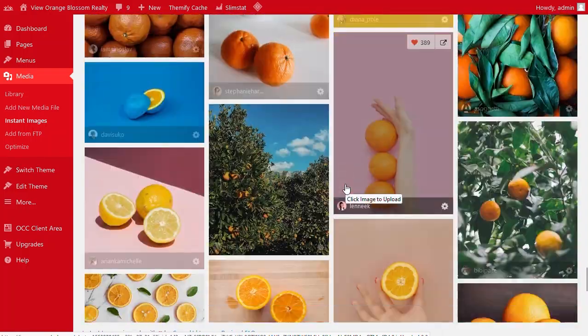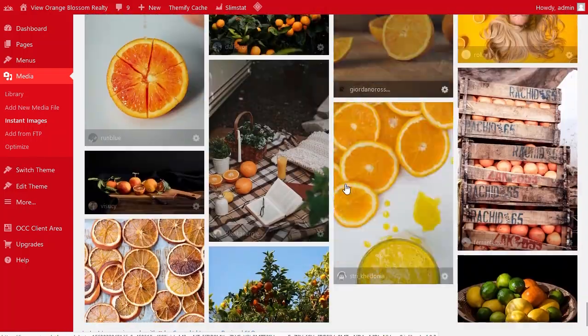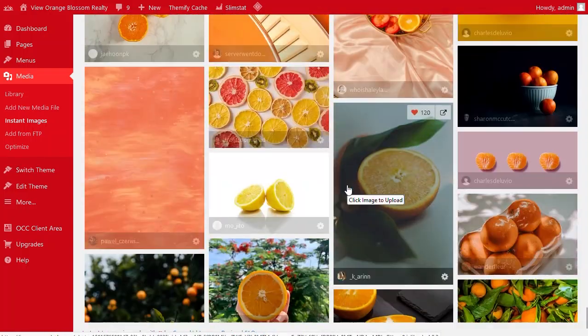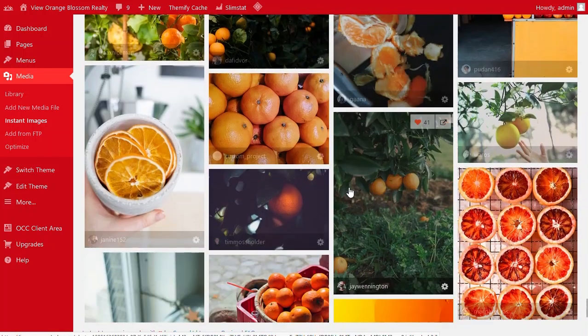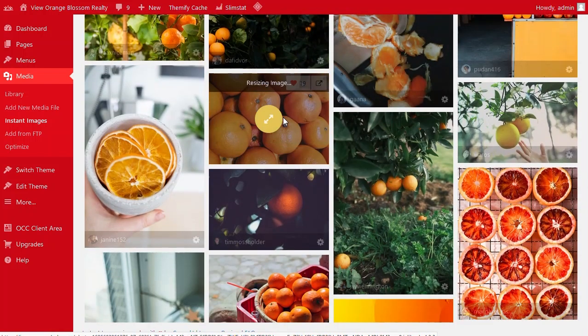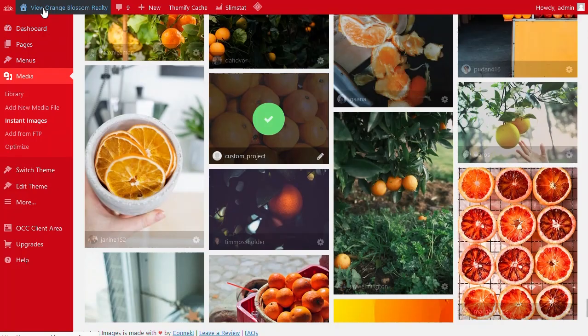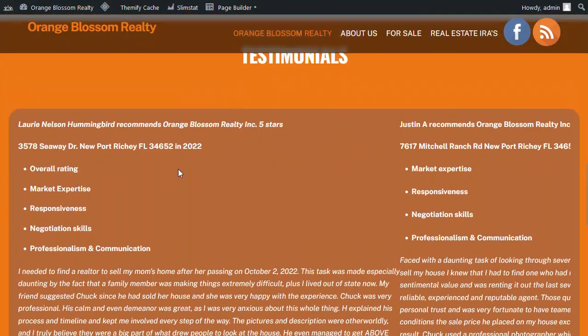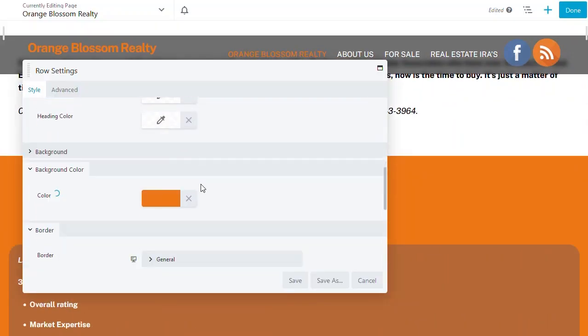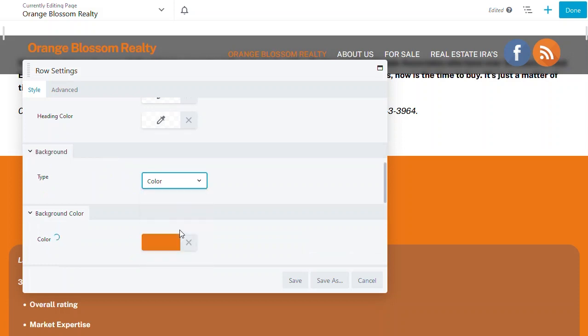You can scroll down, or as you can see, if you type in what you want to find, there are loads of photos to choose from. Once you find the photo that you like, you simply click on it and it will download it directly to your media library. So now we're going back to our home page, clicking on our wrench for that section,